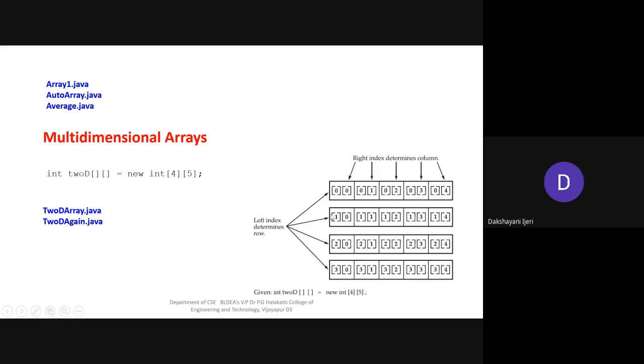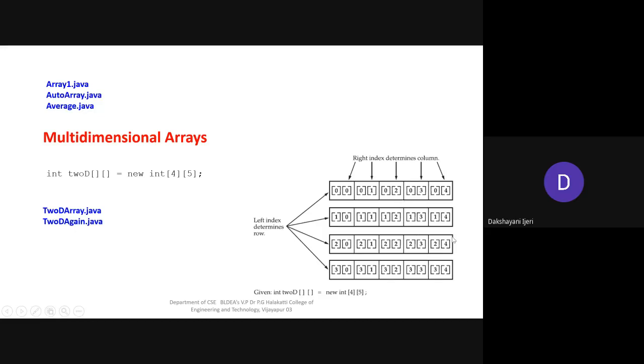Right. So if you go this way, the row value is going to be incremented. If you go horizontally, the column values will be incremented. If you go vertically, the row values will be incremented. Got an idea how the indexing is done? You need to understand how the indexing is done. Then you will be able to store and access the values perfectly if you use the two-dimensional array.